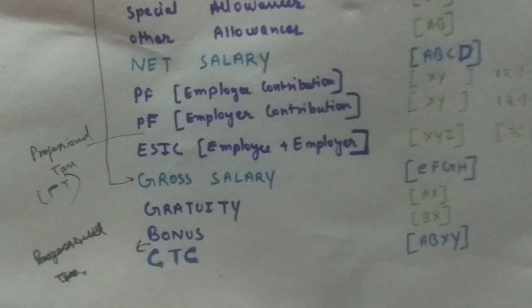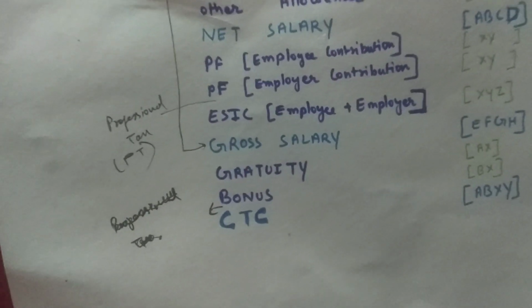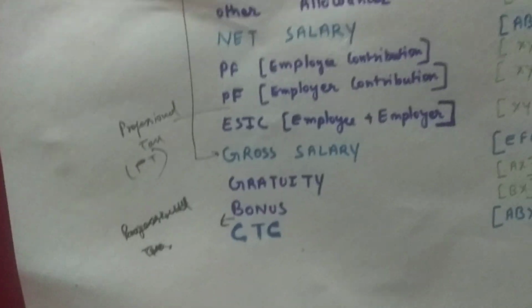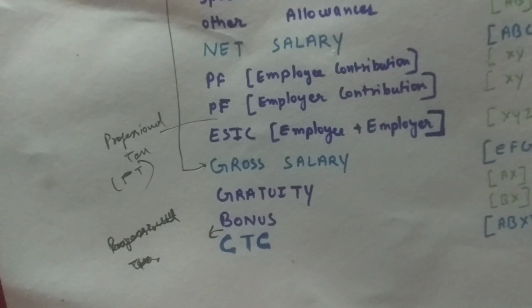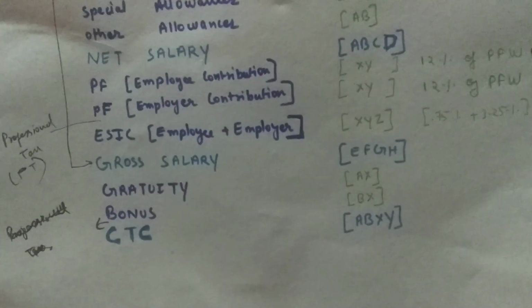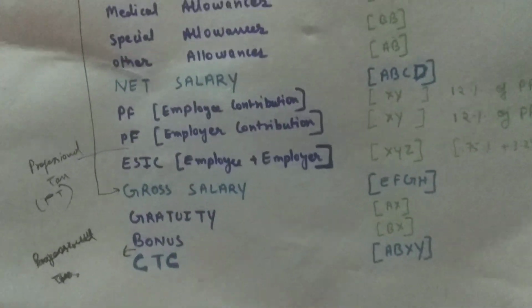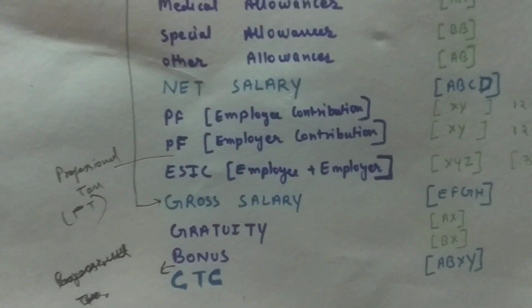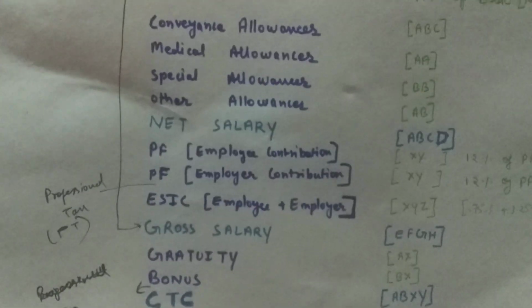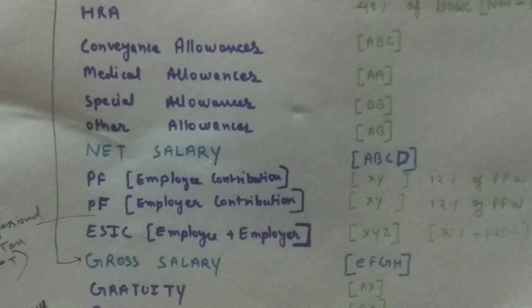As per the government rules and regulations, this professional tax cannot be more than 2500 per month. Okay, now it comes to what the benefits are that an employee can avail from the investments